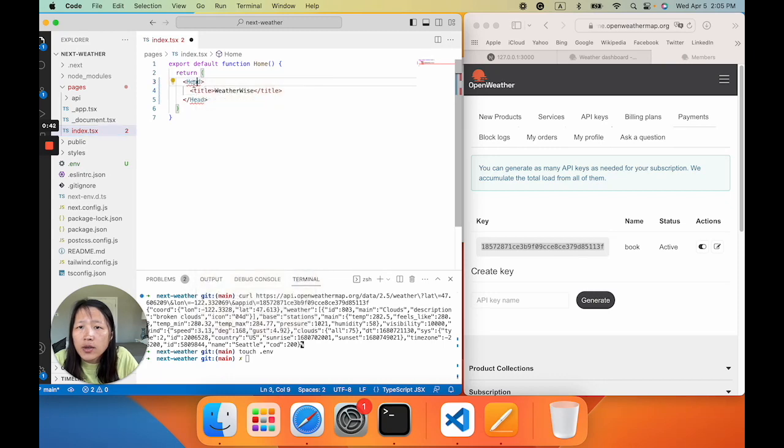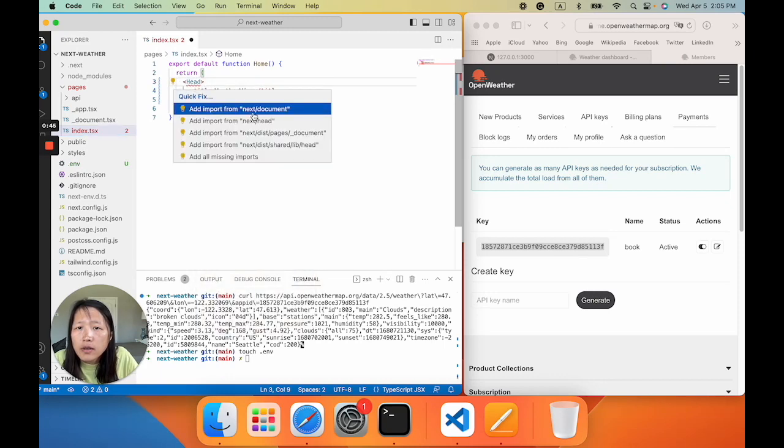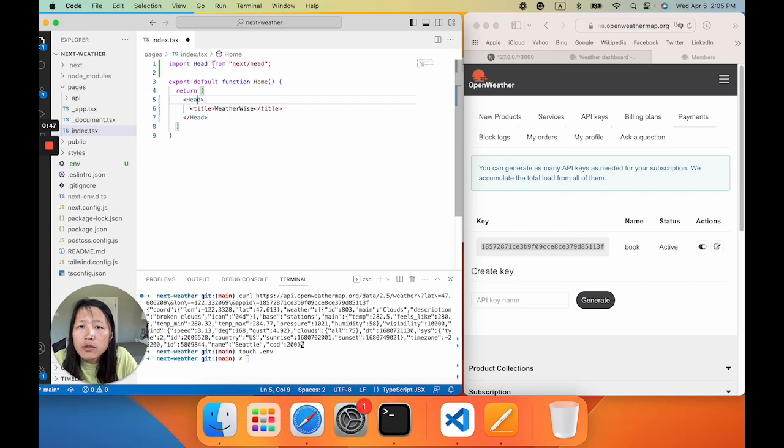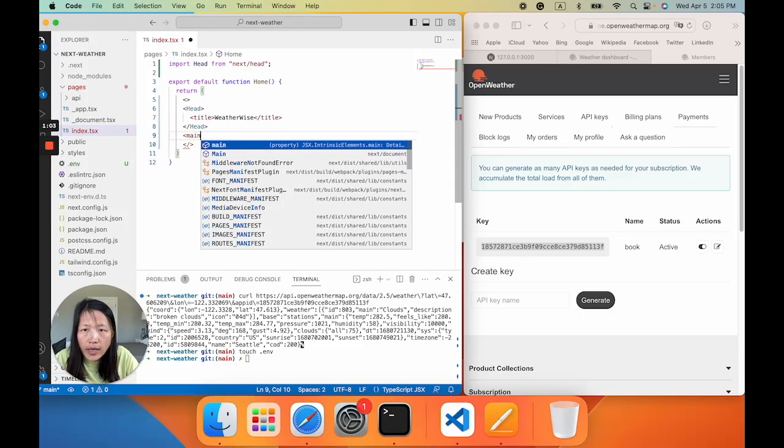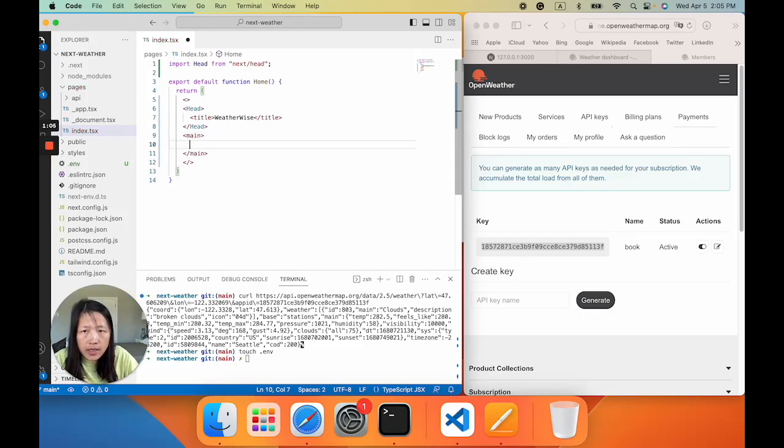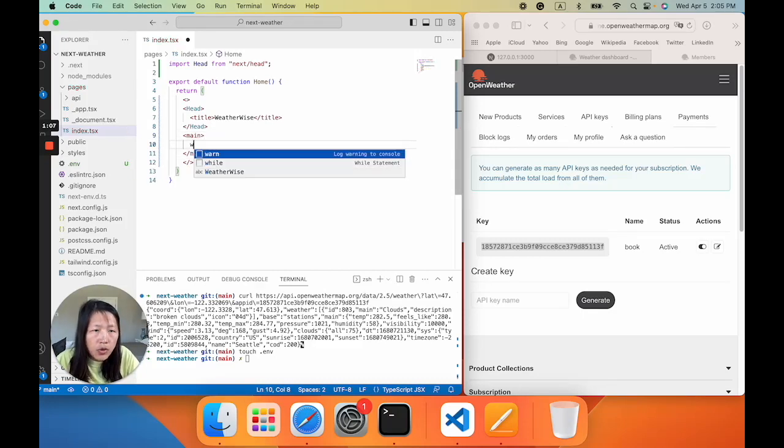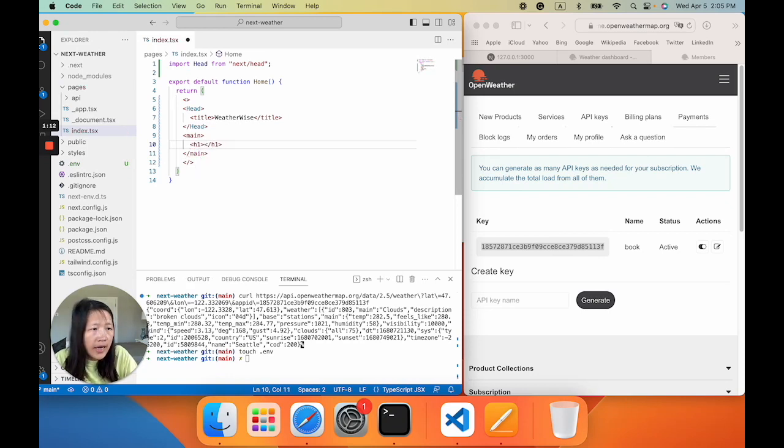Here we can include the module here, and then let's have an empty module here, and also a main component. And within the main component, we have an h1 element called